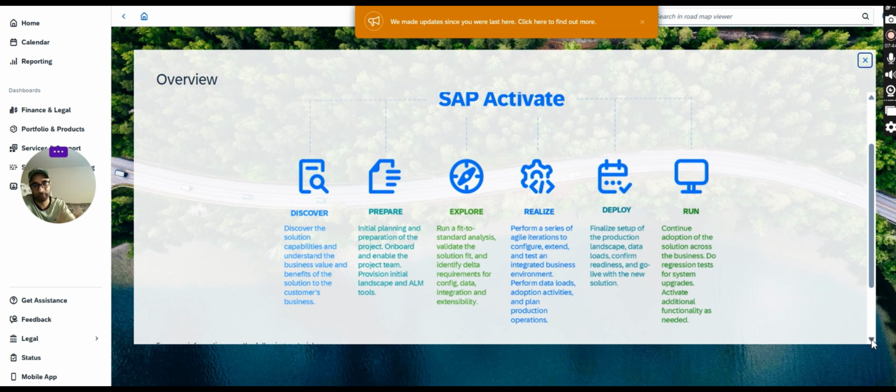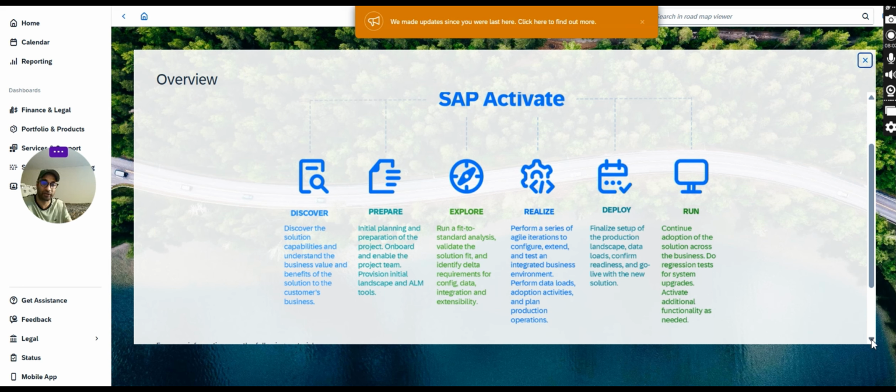Some companies just want to set up three system landscapes, some four system landscapes. As per the client requirements, like the company B client requirements are